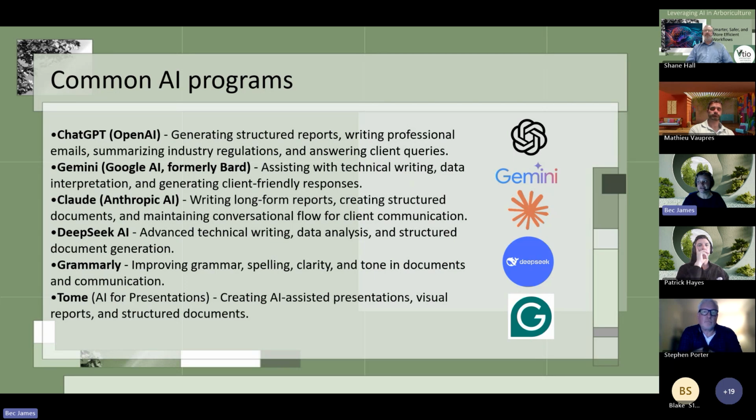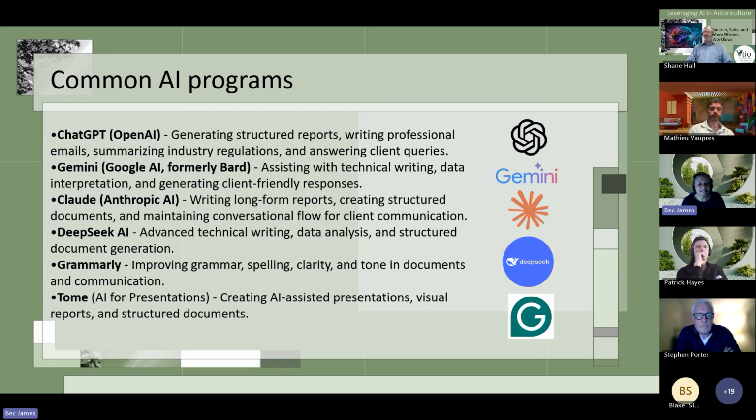And for those people that do use Google, you're probably seeing Gemini popping up wanting to assist you. It can be useful for technical writing and data interpretation. Then there's another program called Claude, which is a bit more aimed at creative writing and interactions or communications with humans.